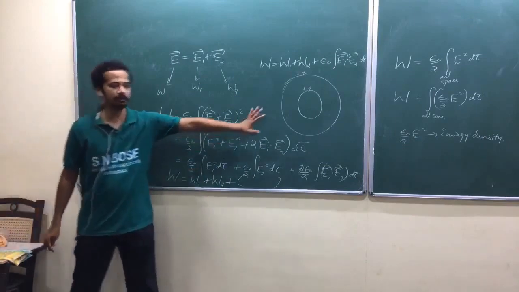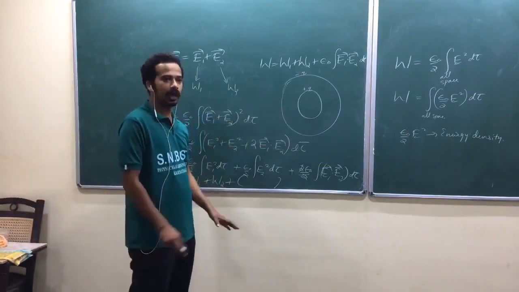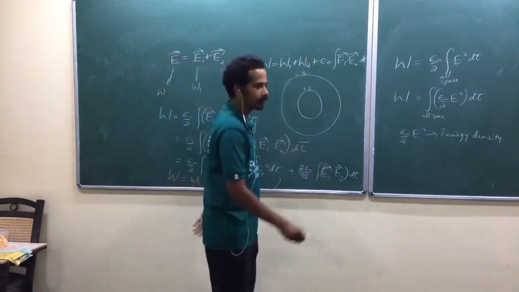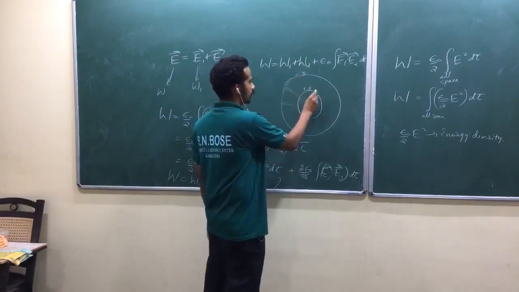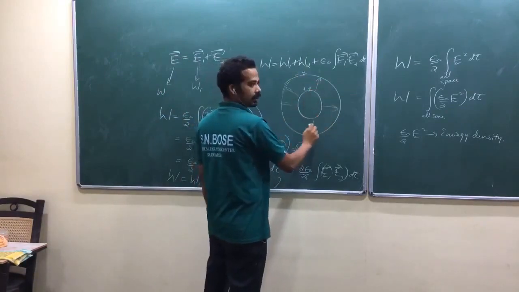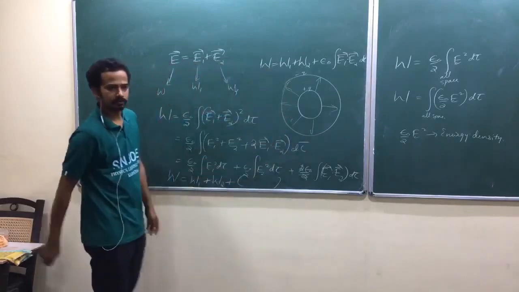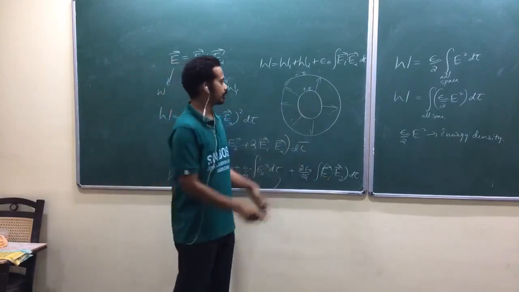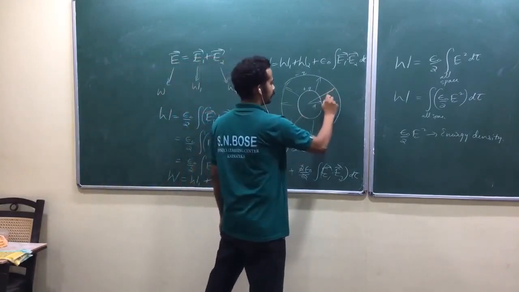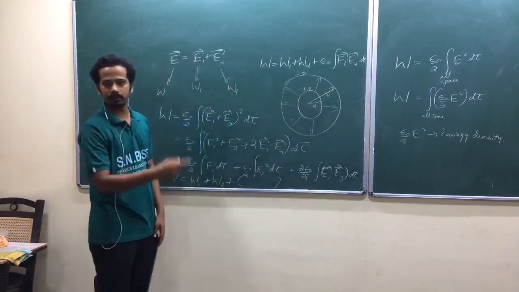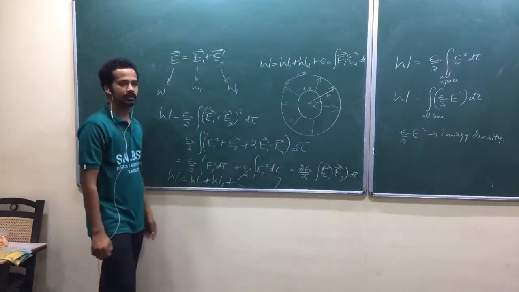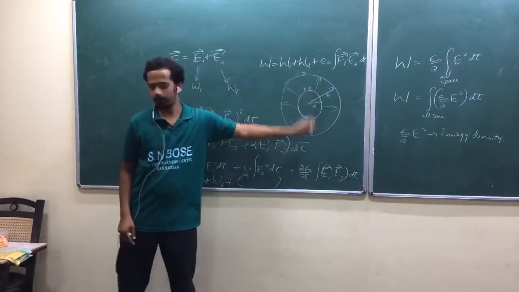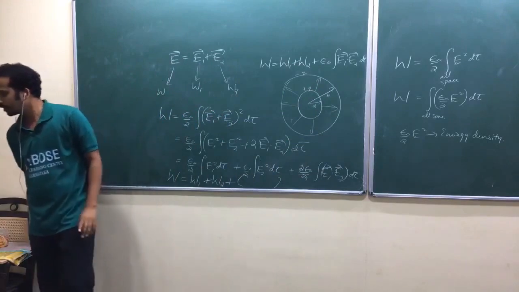Question 36 is this one: find the energy. But if he asks only for the energy, don't make it lengthy. Just find the resultant electric field. The resultant electric field exists only in this region. Just integrate, suppose this is A and this is B, so volume integrate with the radial distance from A to B, E square dτ. That's the best way. Again, try to verify this formula also. So, shall I move on? Yeah.